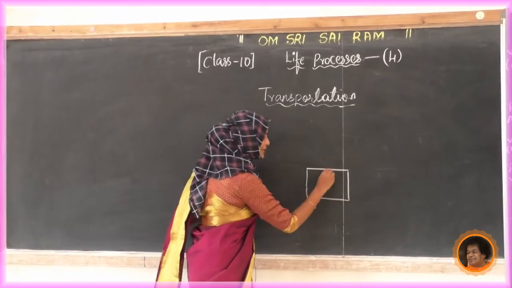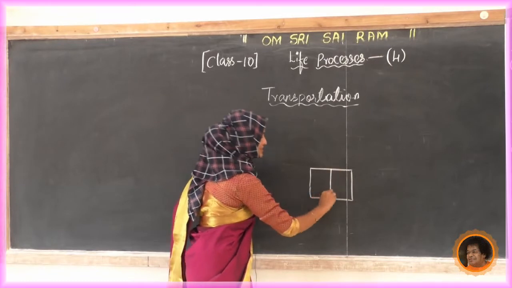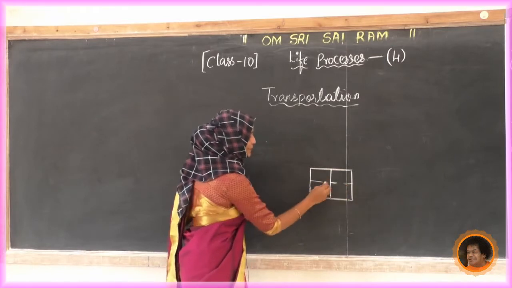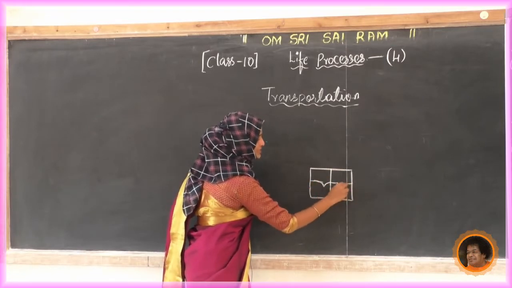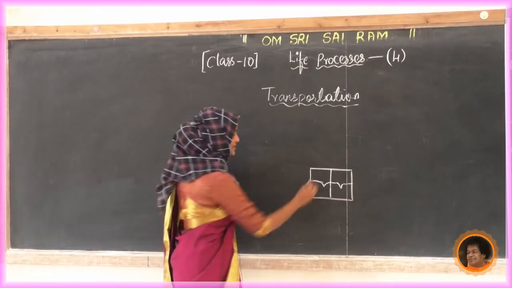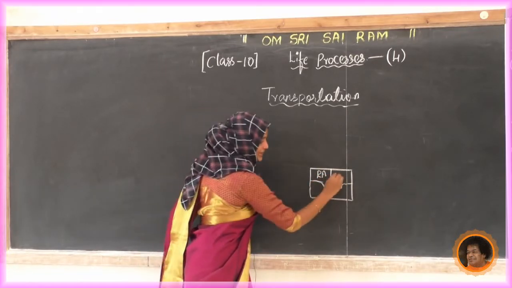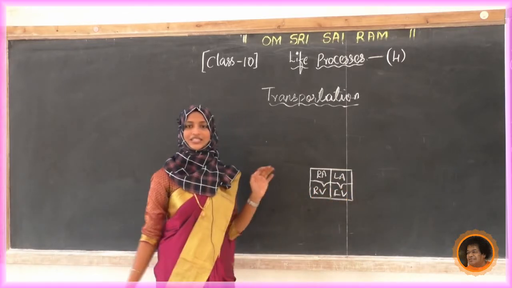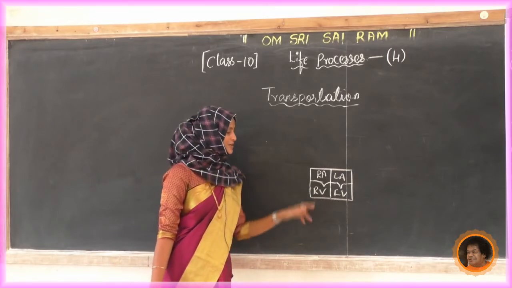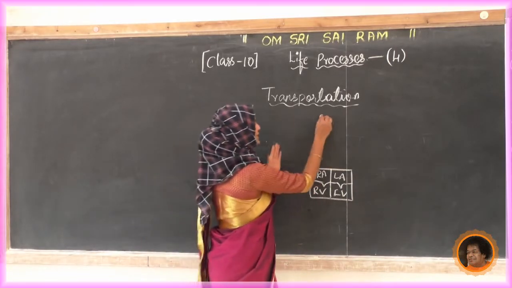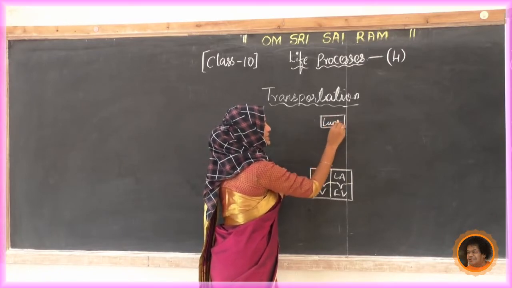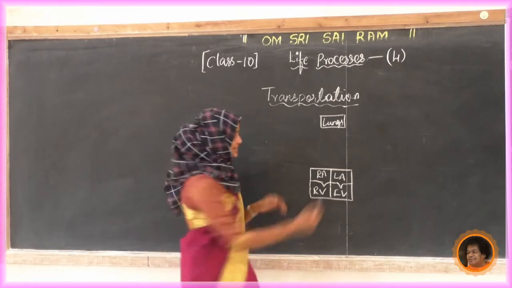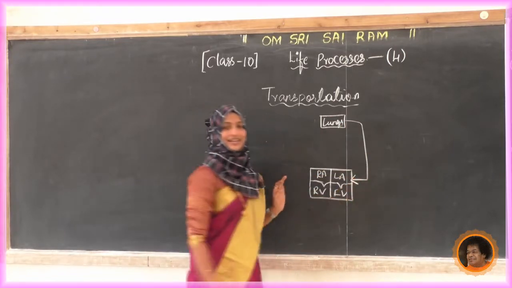See here, there will be a two. Which one is this? Septum, and there will be a compartment here, and valves here. Just imagine like this. Name it right atrium and left atrium, right ventricle and left ventricle. Just name like this. Now, first thing, we know that from the lungs, blood is coming to which part? Yes, to the left atrium.